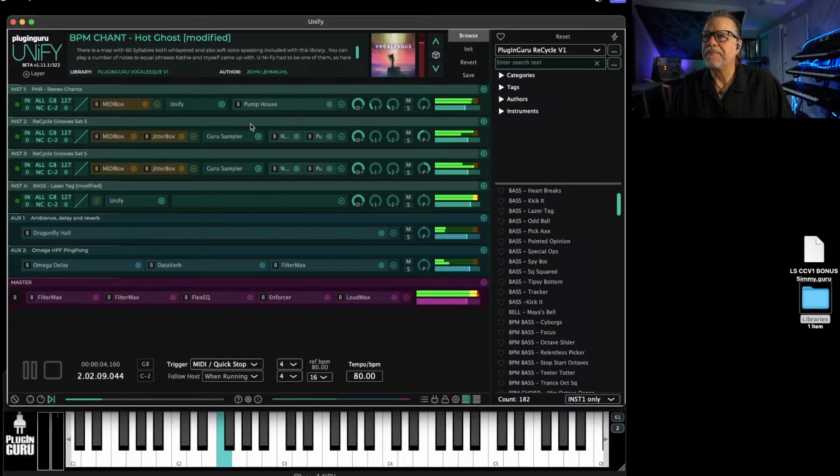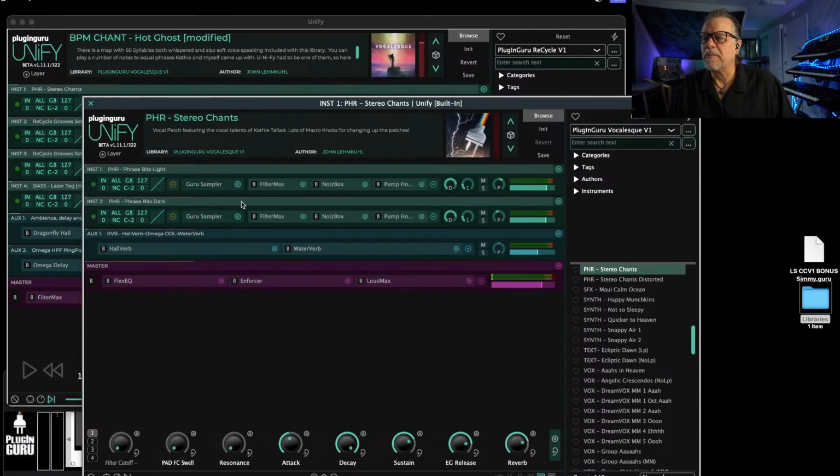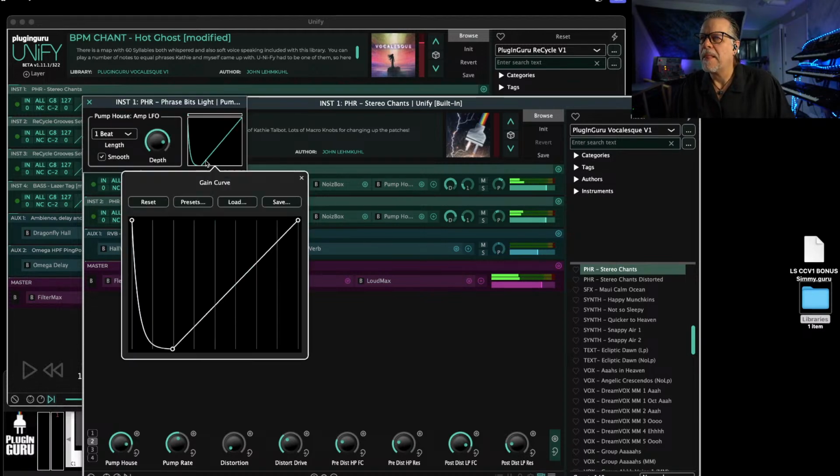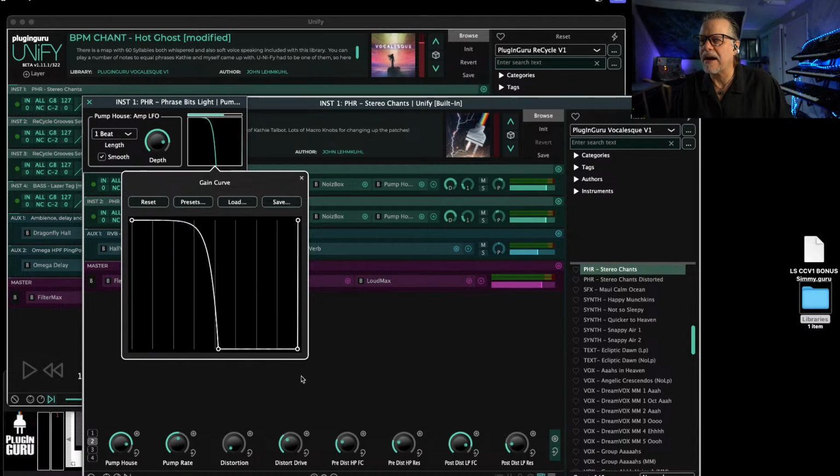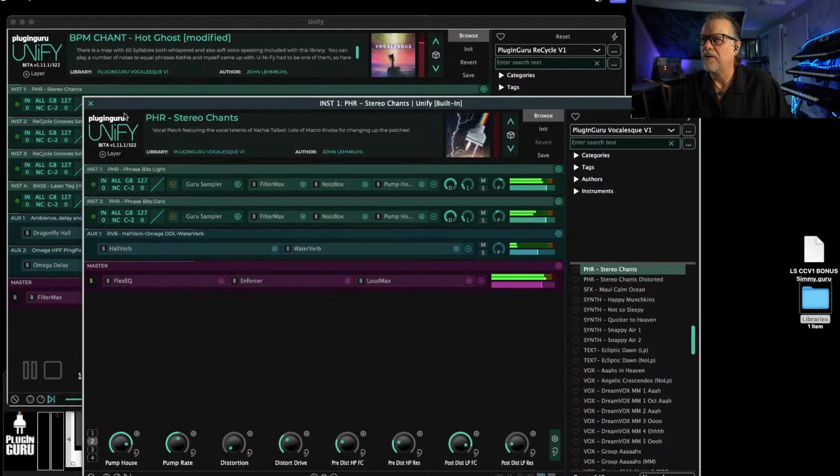Maybe the vocals. Let's play with these a little bit. Let's see what happens when we bring up the pump house on these. Let's go to pump house. Let's do this. I'm going to change the shape of this to be more like half of it and then out for the other half. And then if I hold down Control and Shift and click this pump house, I can then hold down Shift and click this pump house, and that's a copy paste move so that now